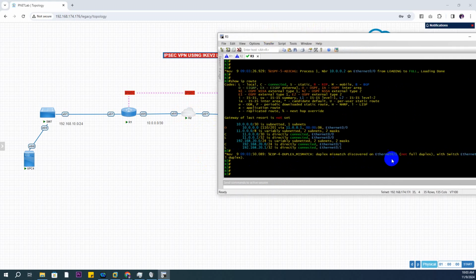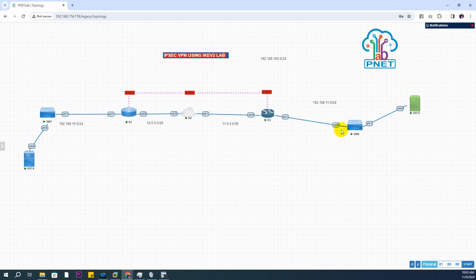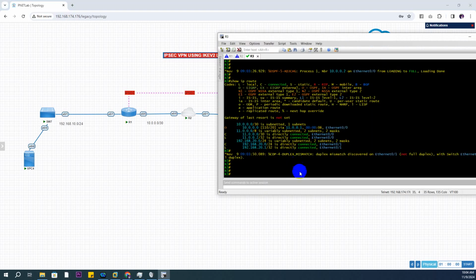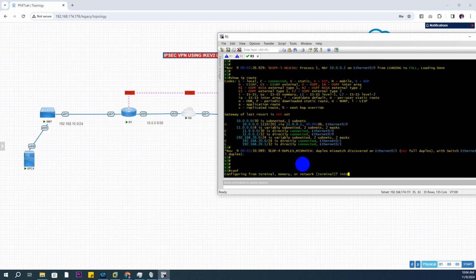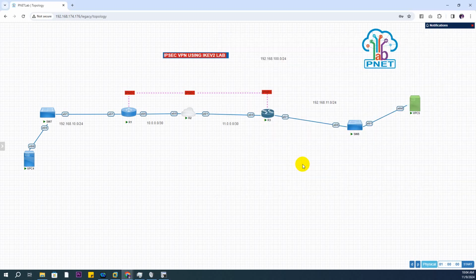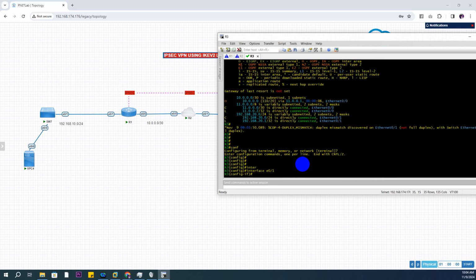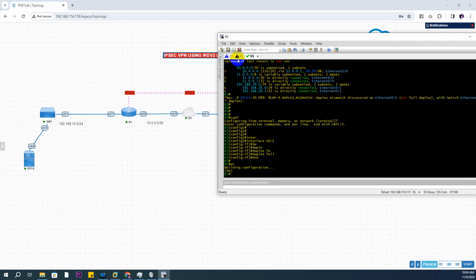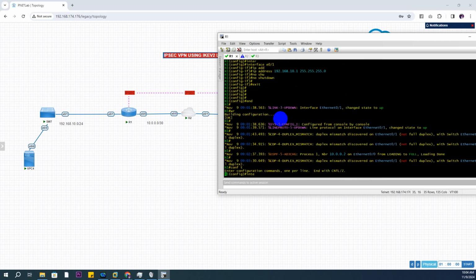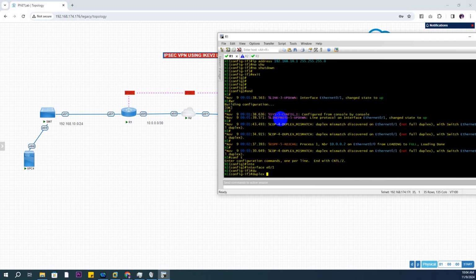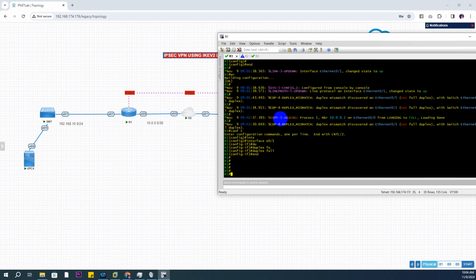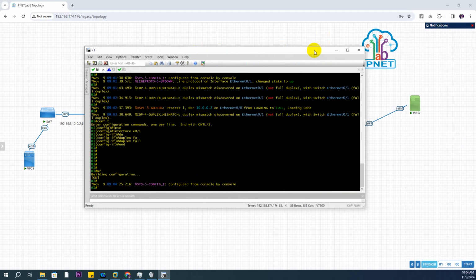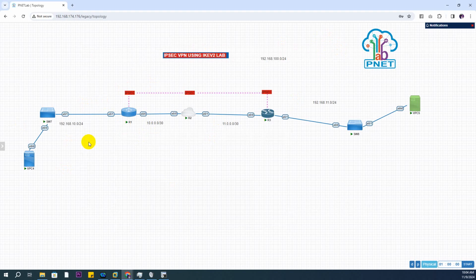Here I have a message because this Ethernet is using full duplex and this is half duplex. It's okay, we can configure it to ignore this message. Okay, Ethernet 0/1 duplex full. And also for router 1 interface Ethernet 0/1 duplex full. That's great. So right now we have already configured the IP addresses, and we also need to configure the addresses for the hosts,